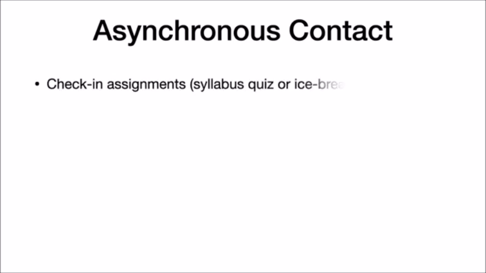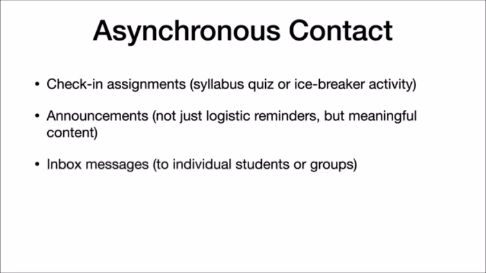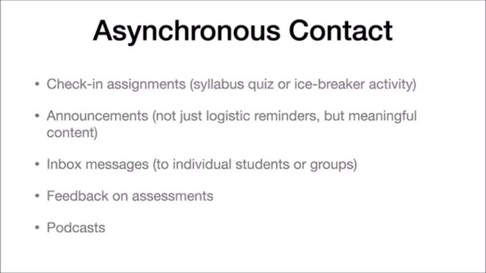For asynchronous contact, we have a lot of options. I like check-in assignments, especially at the beginning: a syllabus quiz, an icebreaker. That is kind of an attendance thing as well, so you know who's there, who's interacting. Announcements. In order for them to count as effective contact, it can't be just logistic reminders like quiz 2 is due on Sunday night. It has to have content there. So what you could do is include some extra resources that they might want to look at in preparation for that quiz number 2. Email or Canvas inbox, you can send messages to individuals or groups, feedback on assessments, podcasts,